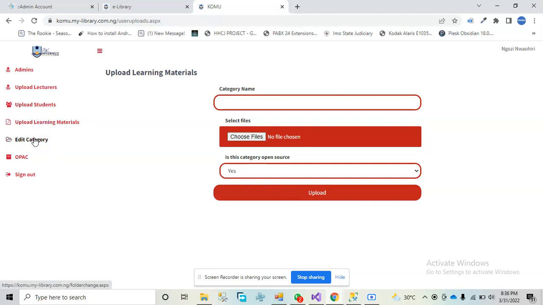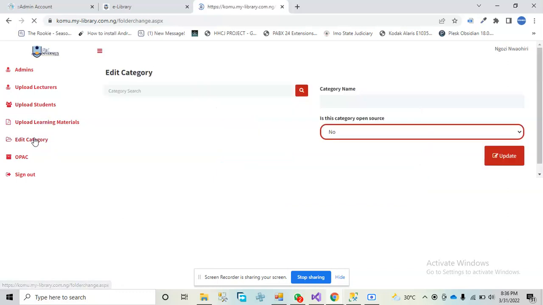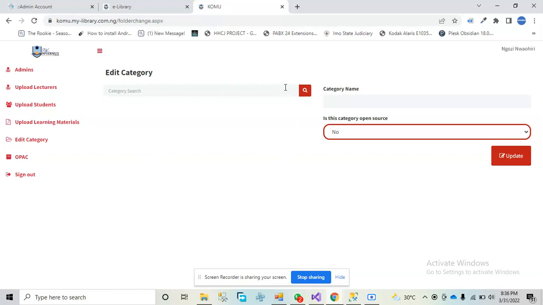Then this is edit category. This allows you to change the name of a category. I don't know what categories are there, but if there's a category called chemistry, for instance, you run a search, you find that category. You click to select that category, and it will appear here. And now there's the question, is this category open source? So if it was open source before, it will show yes once you select it from this list. And then you can go ahead to now say no and click update,